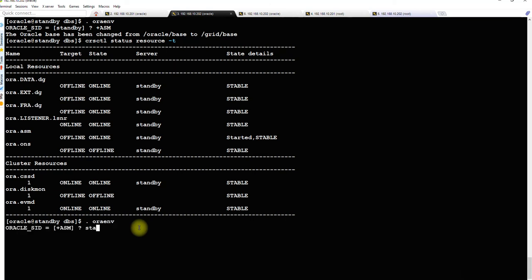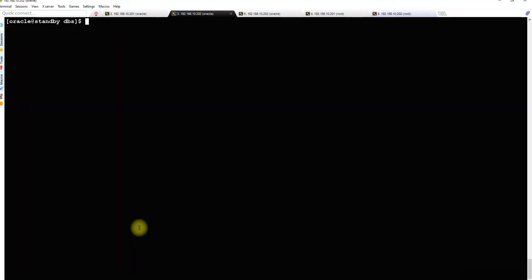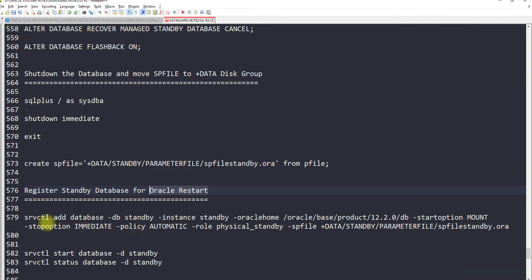Let's set up the environment variable with the database SID, and we have to run this command srvctl add database standby, okay, with the instance standby, with the Oracle home this, with the start option as the default start option will be mount, okay. When we run this command to start the database, it will be going to mount.